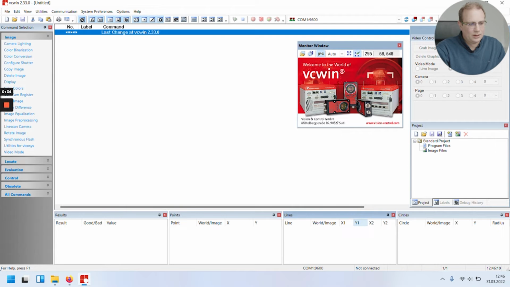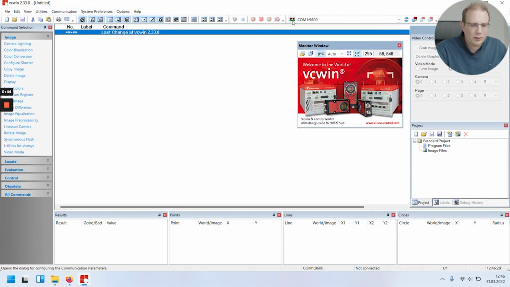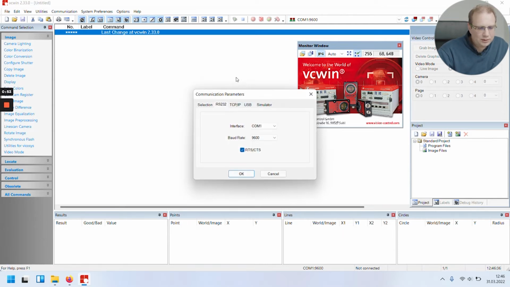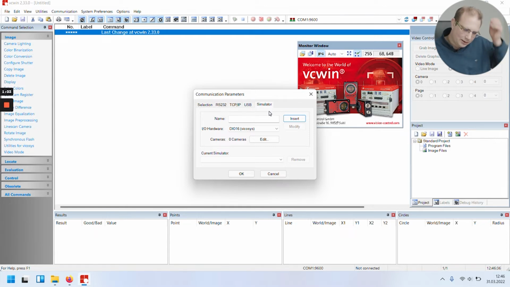So if we look on our vcwin, we can access the interface dialog here via communication interface, or we can also push the button interface left to your device list. This will result in the same dialog. Here it's important in the basic selection to select the simulator. And here you can go to the tab simulator and insert your